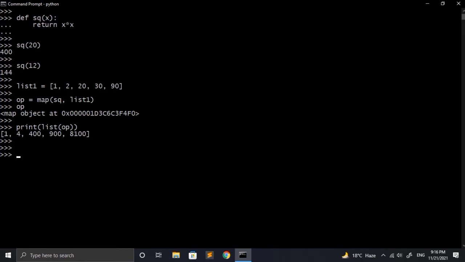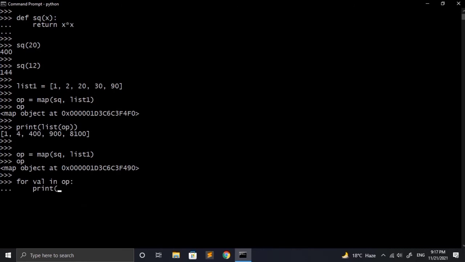Let's suppose that we don't want to typecast the output into a list. In that case I am again making an op variable to hold the output from the map function and after that I will be directly applying the for loop. We know that map returns an iterator which is stored inside the op variable and we can directly iterate over op using a for loop. For that I just have to write for value in op and after that, using the proper indentation, I can directly print value. Here we can see the same output, but this time it is without typecasting.